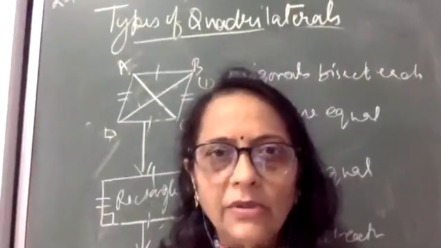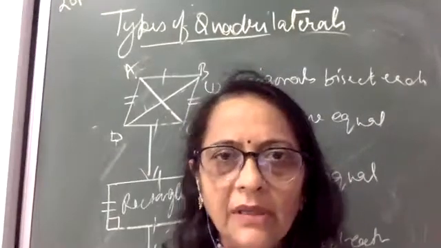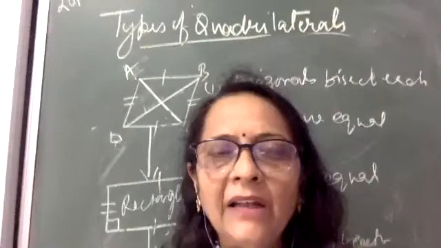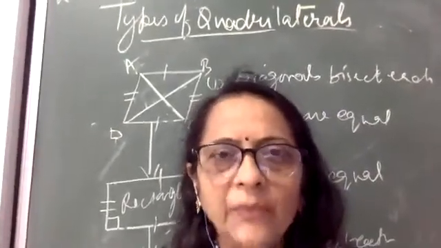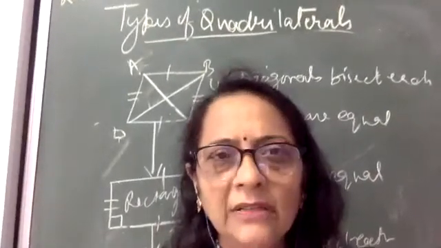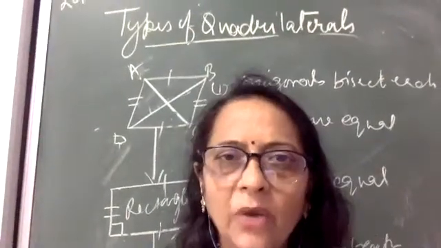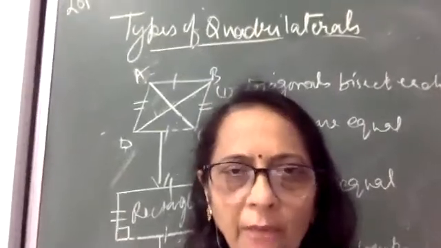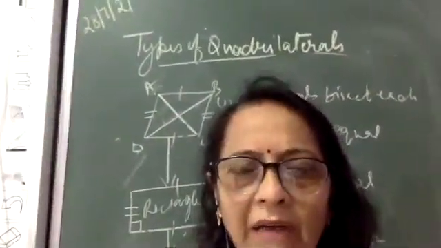Today we are going to start types of quadrilateral. Why am I taking this? Because in the chapter coordinate geometry, one question is related to identifying the name of the quadrilateral. I know you all have done all these types of quadrilateral in class 9, but it is important to recapitulate all these types of quadrilaterals. Why? Because we are going to use the properties of quadrilaterals. So I'm going to explain once again, in brief, the types of quadrilateral with their properties.